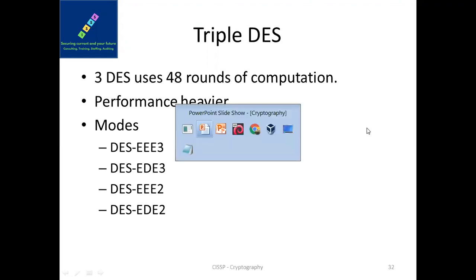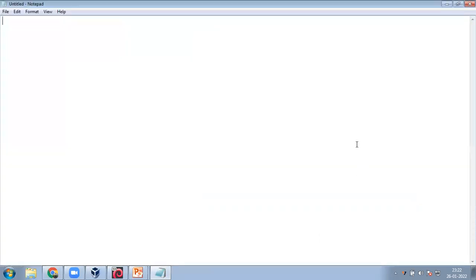Now, what this triple DES is, it's actually three times the data encryption standard. The data encryption standard worked with a 56 plus 8, 64-bit key, and then 16 rounds of confusion diffusion, and the block size was 64. Triple DES was three times this. So 56 plus 8 is equal to 64 actually became 168 plus 24 is equal to 192. So it has 192 bits